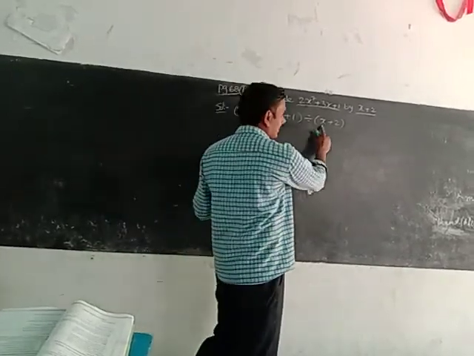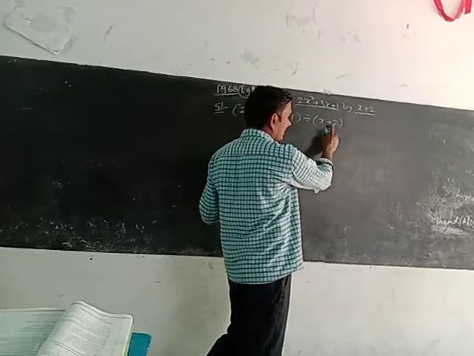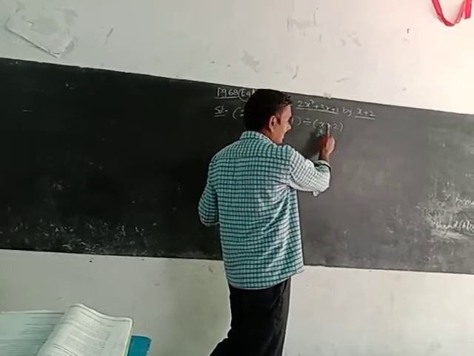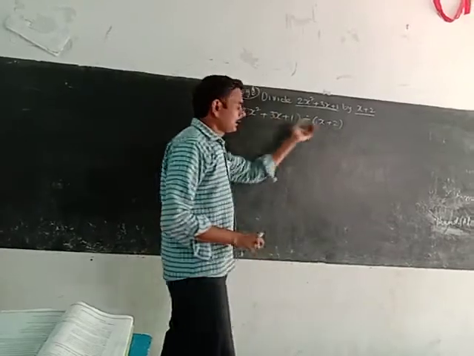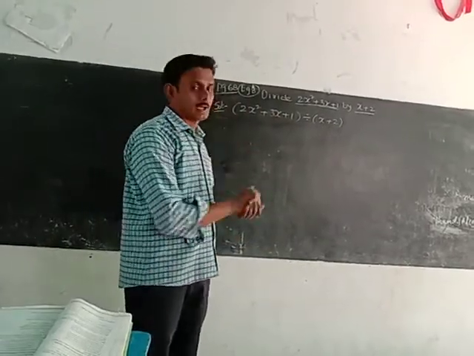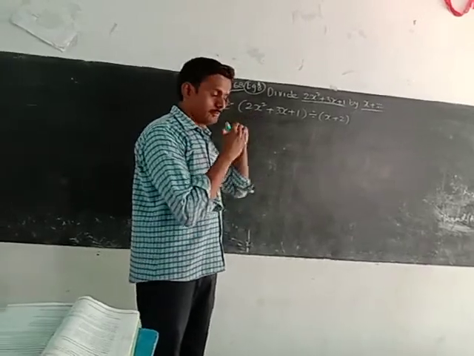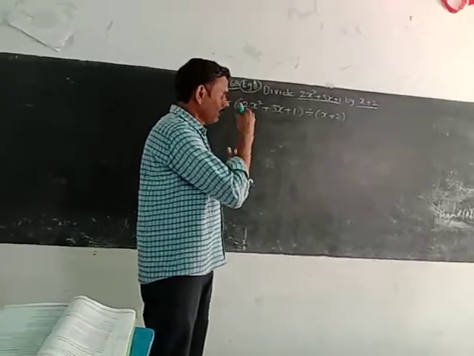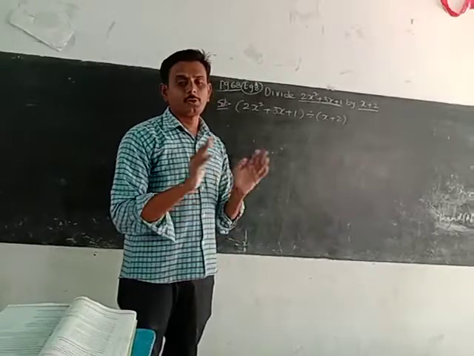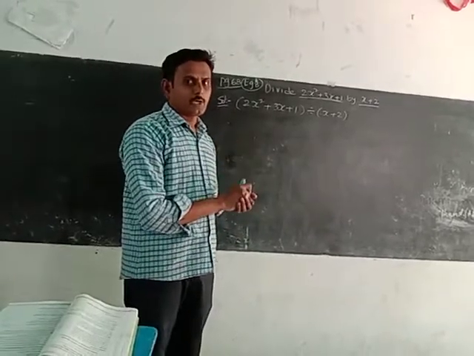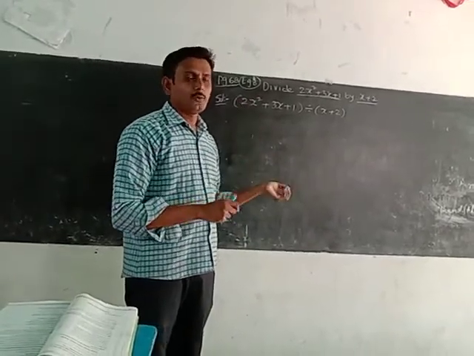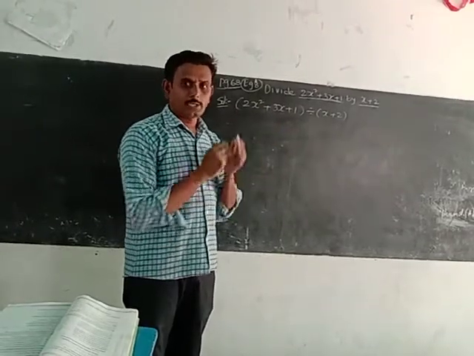If you take x plus 2, here we have two terms: x power 1 and a constant, that means degree 1 and 0. Both are given in descending order according to their degree. When they are already arranged in descending order, no need to disturb that order. If they are not given to you, we have to write them in descending order.